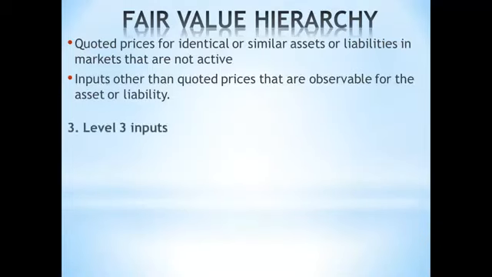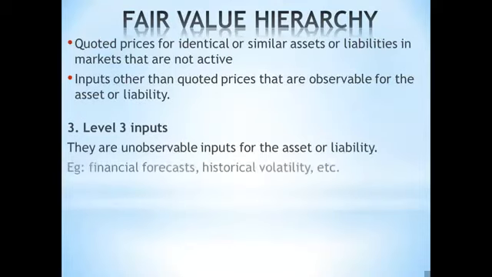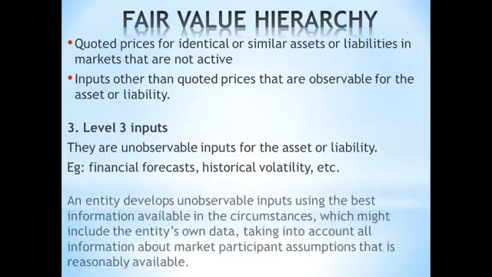Then we have level 3 inputs. Level 3 inputs are the unobservable inputs. So level 3 are basically unobservable inputs for that particular asset or liability. Examples that we have are the financial forecast, historical volatility, and many others. And a key thing you have to know is that with an entity